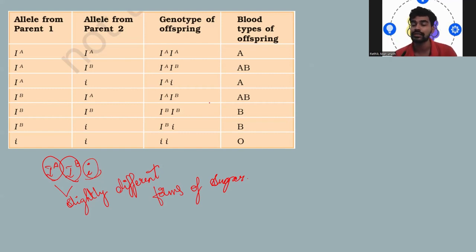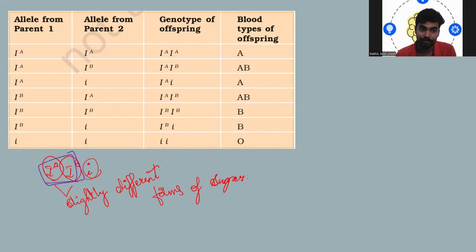Clear with it? So what happens when from one parent and another parent, if IA and IB are completely dominant over the small i, and we need to understand here that these two,